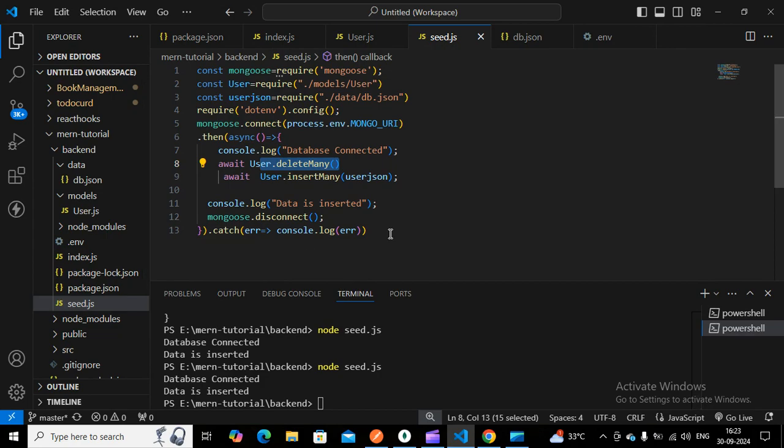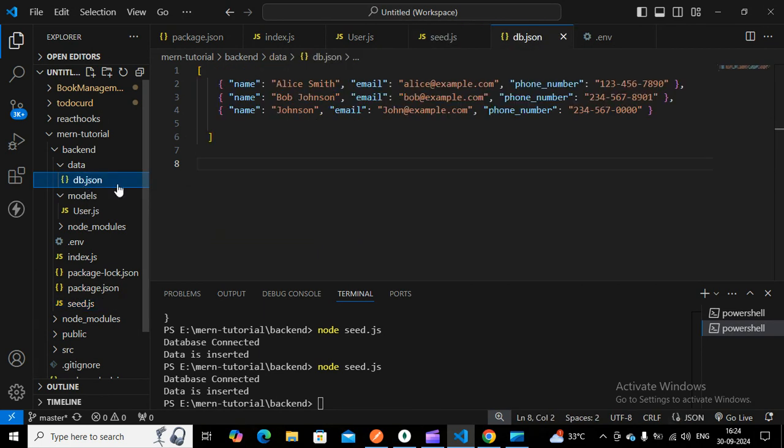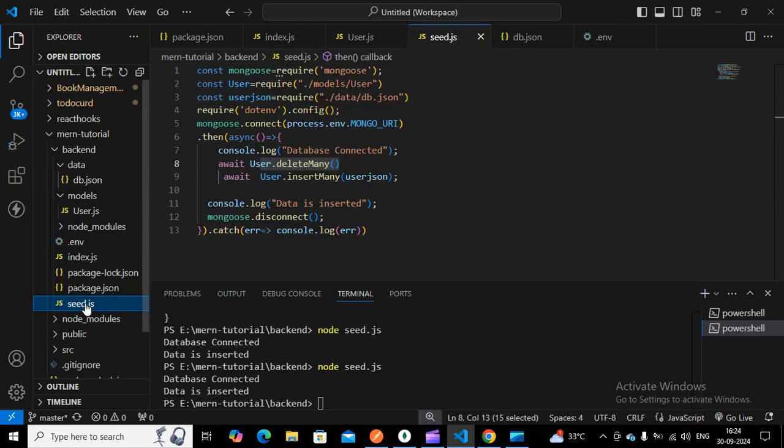So this is what we have seen, two methods, two tasks. We have seen how we can connect with the db, and how we insert the data in the database in the seed.js file. So first you have to create. Next you can use a method called create, and create inserts the data. The other way is the db.json, where I have some json data. Once I give the path in the seed.js, so you can